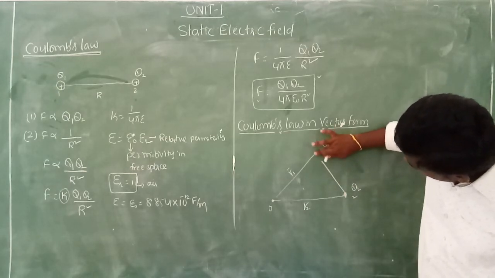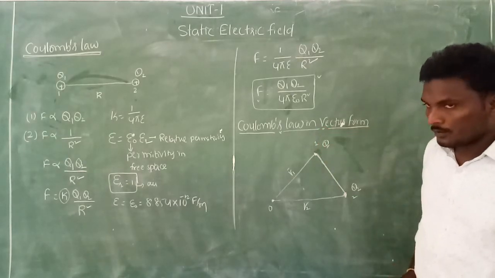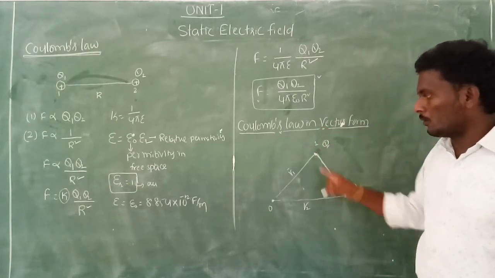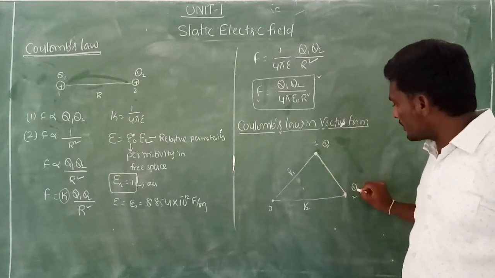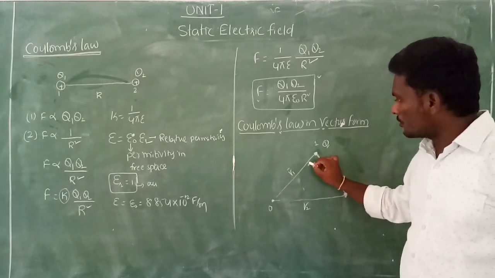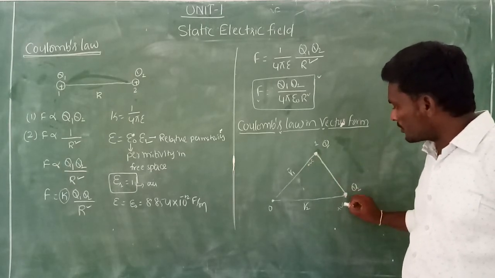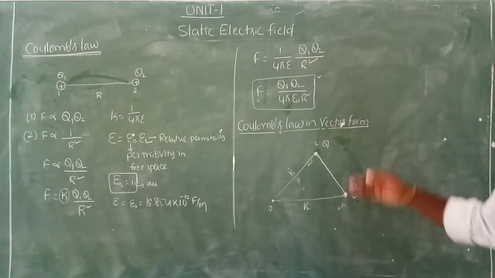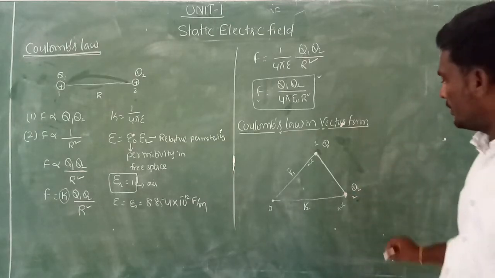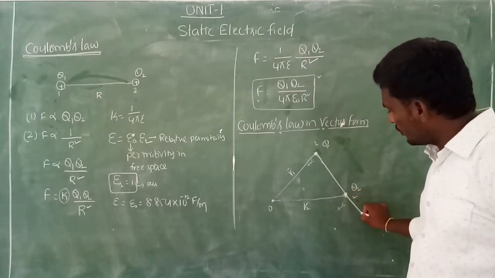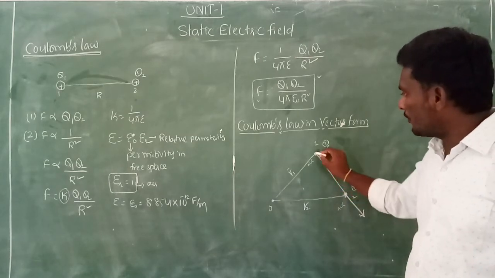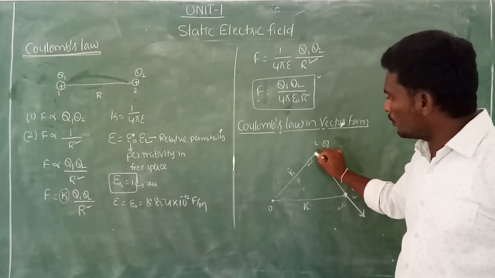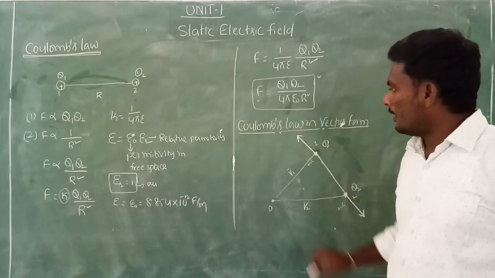This is the straight line which I am drawing between the two charges. Your force is acting along this straight line only. Now, if these two charges are similar, imagine that both are positive charges. Then which force exists between the two charges? It is the force of repulsion. That means the force is exerted on q2 in this direction due to q1. Similarly, the force exerted on q1 due to q2 is in this direction.